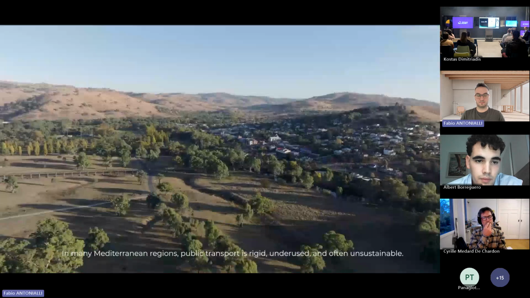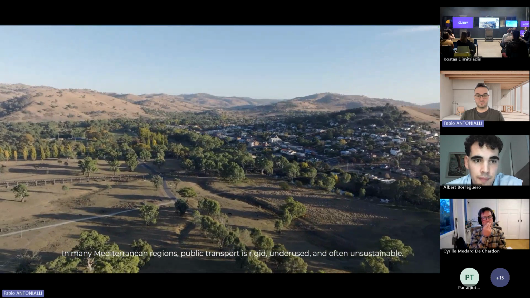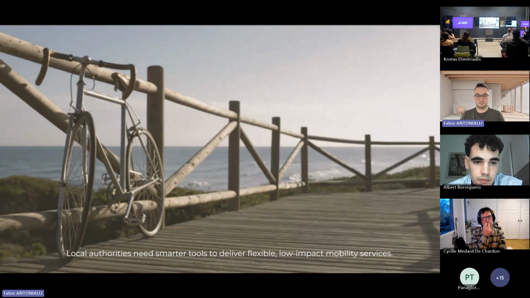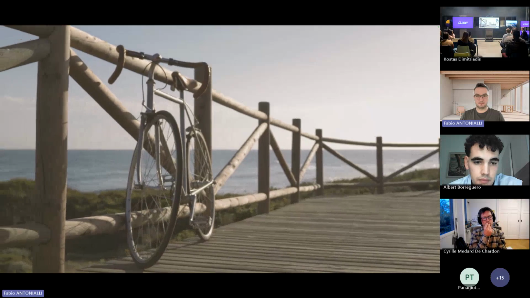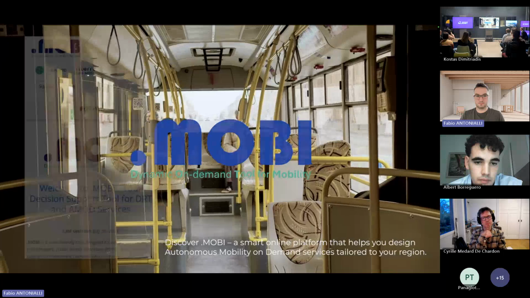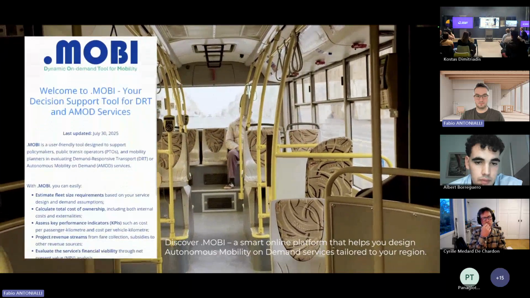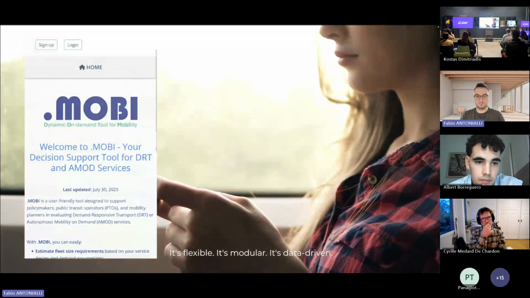In many Mediterranean regions, public transport is rigid, underused, and often unsustainable. Local authorities need smarter tools to deliver flexible, low-impact mobility services. Discover .mobi, a smart online platform that helps you design autonomous mobility on-demand services tailored to your region. It's flexible, it's modular, it's data-driven.